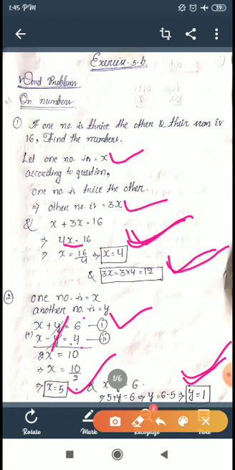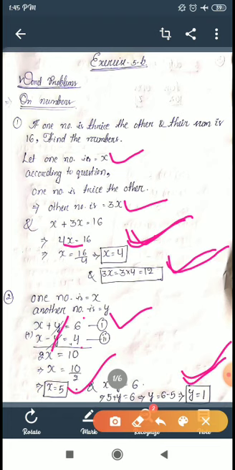10y plus x. This number will interchange, that will be 10y plus x. Now, here it is given, if the number is subtracted from the one obtained by interchanging the digits, this one from this, if you subtract this one according to the question, the result is 45. So, equation 3 minus equation 2 is equal to 45.